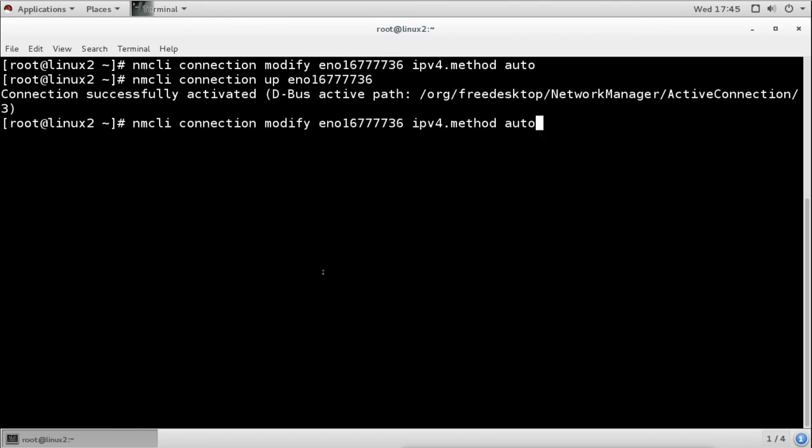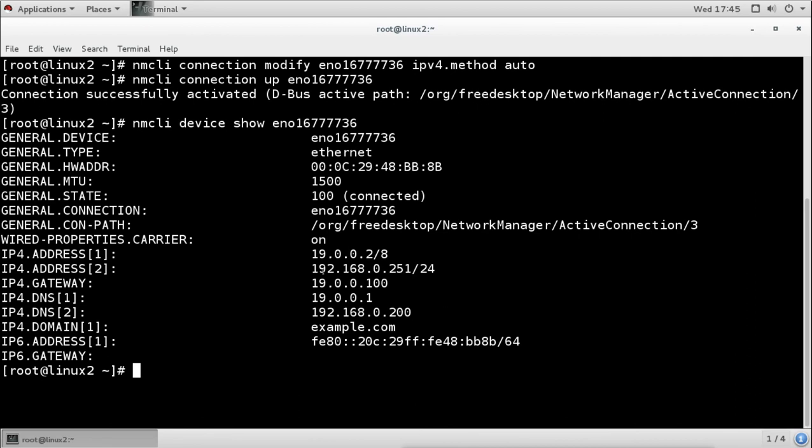Now we'll check what IP address it has got. Now we can see it has got this IP address 19.0.0.2, and the gateway and the DNS server. Now it is not showing the new gateway, it is showing the previous gateway because this machine is not rebooted.